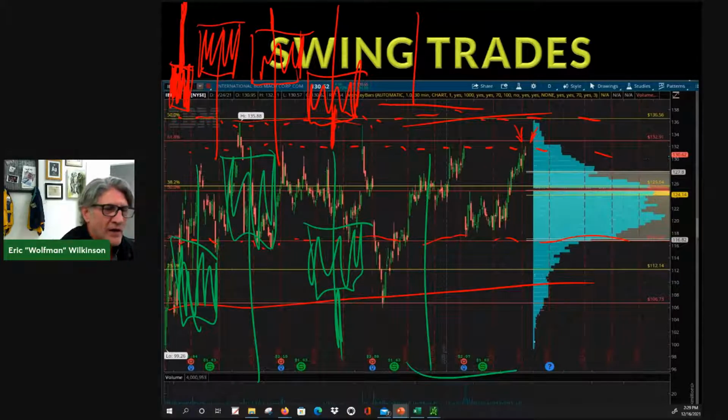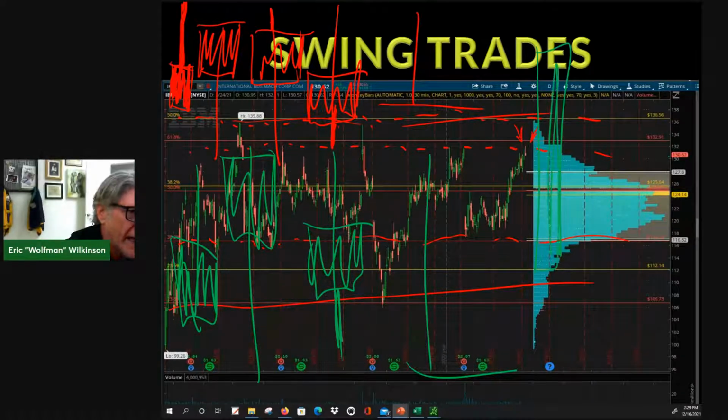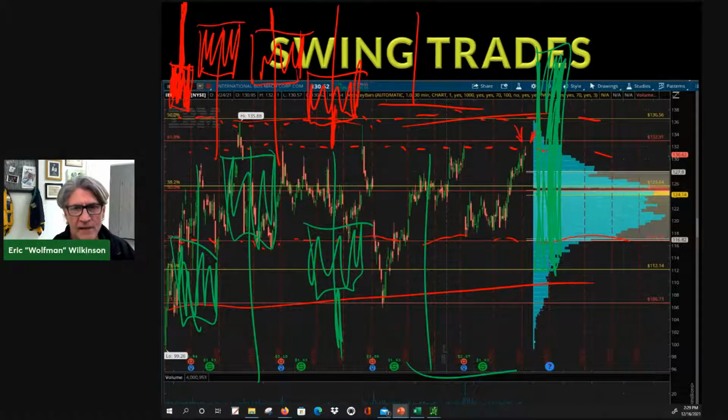You could look at another one where a pattern reversal might look like this. Since I got the green, I'm just going to do it from the top of a move. You get a big green candle like this going at the top of a move, or at the bottom of a move even. And then the next day, if you get something that,